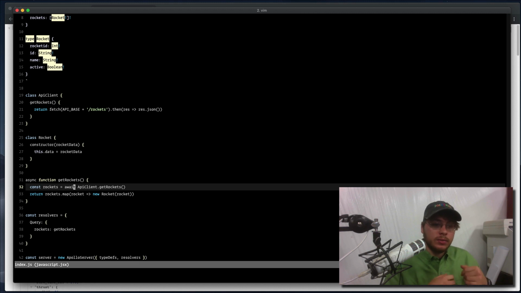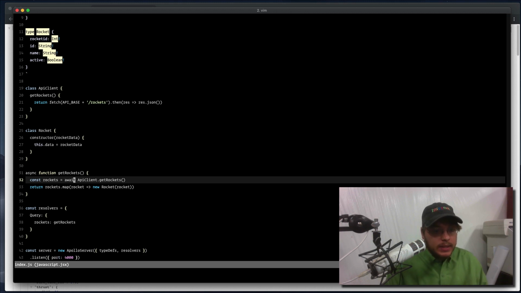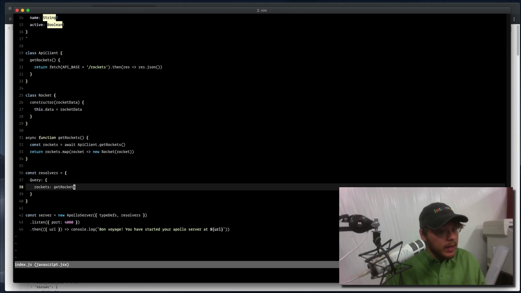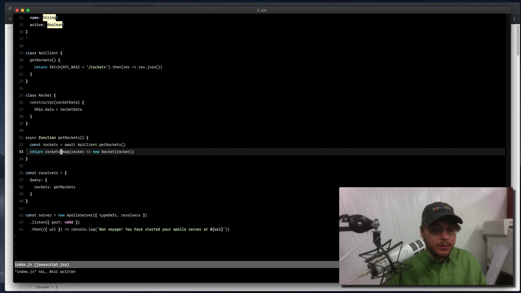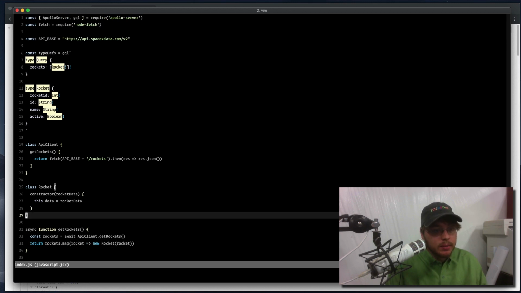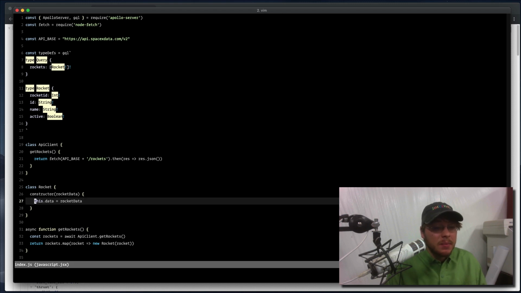And it allows us to write very clean code here without a bunch of callbacks. I hate callbacks. And so we do it this way, and that means that we have our rockets call an await on our API client to get rockets, and then we take these rockets and we map over them into a new rocket object. But our rocket object pushes this into this.data,